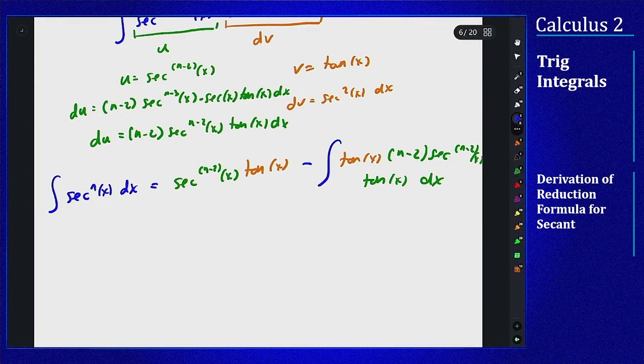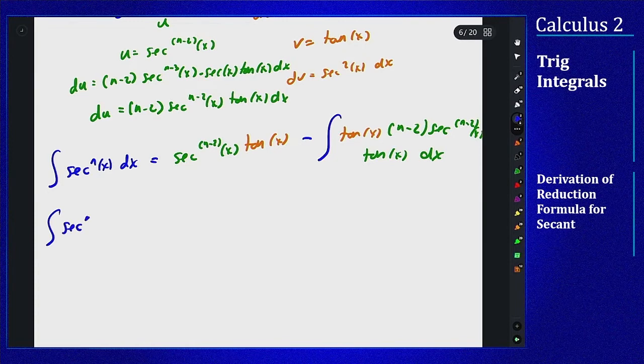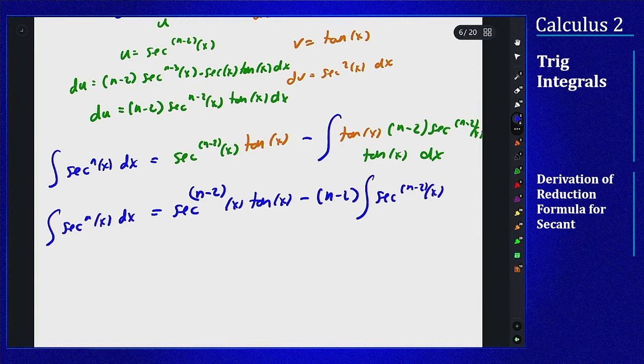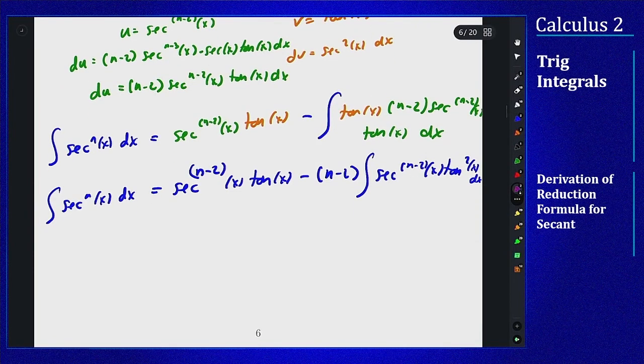The expression looks like: integral of secant to the n of x dx equals secant to the n minus 2 of x, tangent of x, minus n minus 2, integral of secant to the n minus 2, tangent squared of x dx. Now at this last bit, we can apply our trig identities, because we know that 1 plus tangent squared of x is secant squared of x. We can rearrange it to say that tangent squared is secant squared of x minus 1,